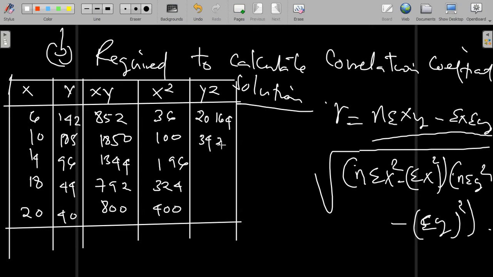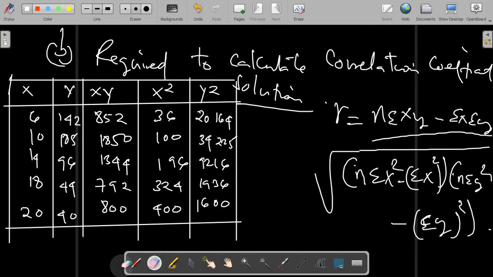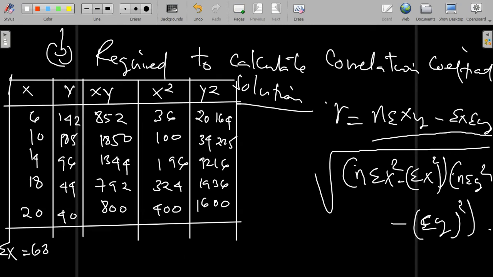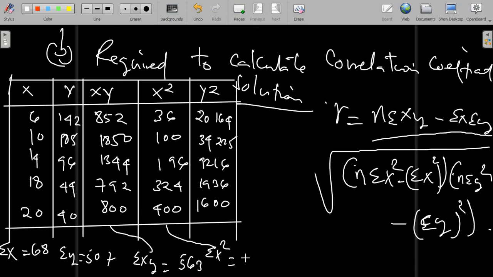So from that data set, we take out the y square, that is equal to 144, and the y square we take out is equal to 164. The total summation of x is 68. The total summation of y is equal to 50. But also the summation of xy is 5638, the summation of x square is equal to 1056, but also the summation of y square is equal to